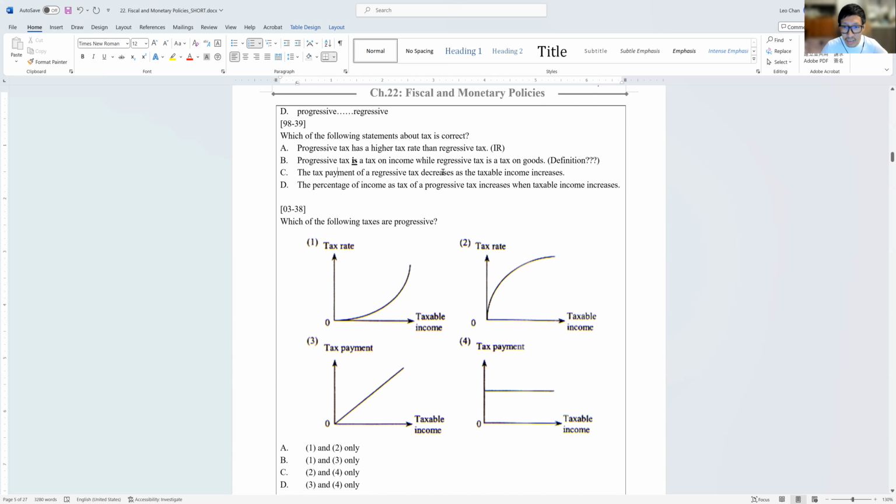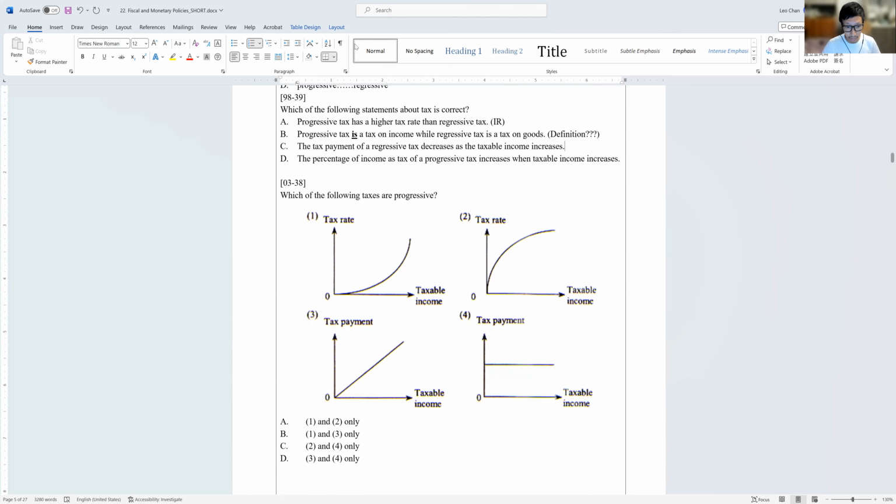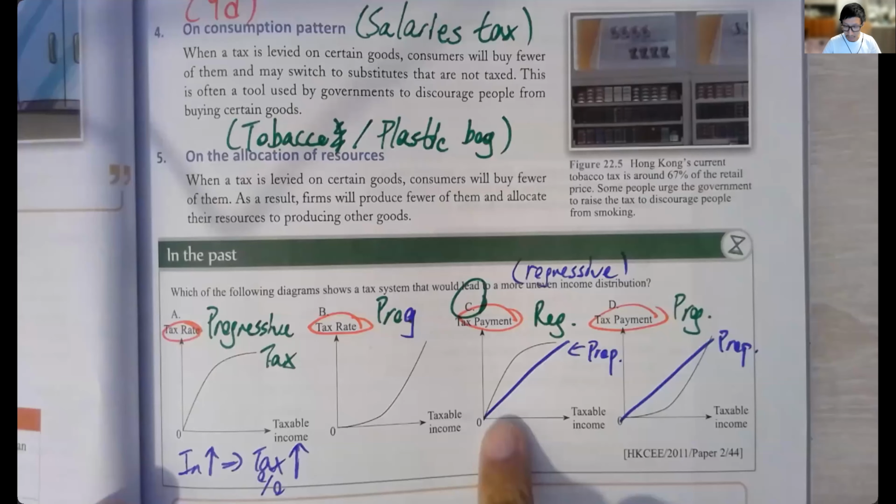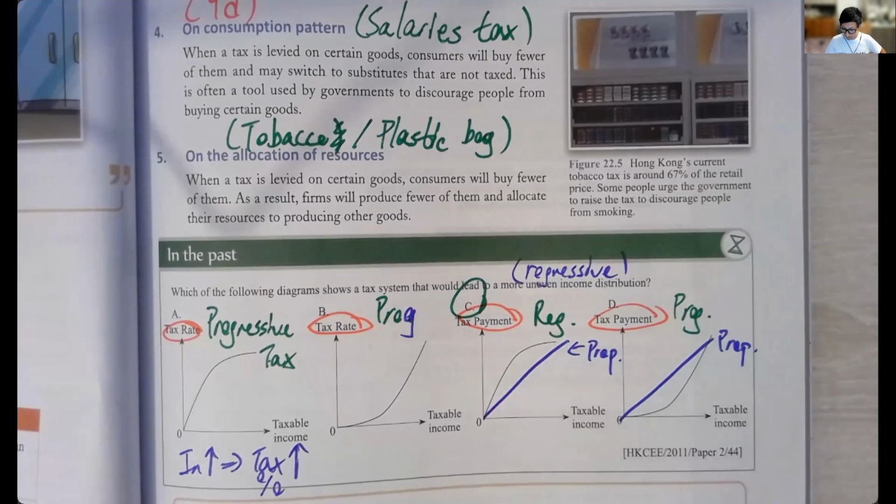a regressive tax decreases as the taxable income increases。嗱，呢句都啱嘅，但係啱唔晒。Okay, it may not always be true. Okay，嗱，Sir，唔一定啱嘅咩？No no. Okay, if you remember, here actually, let me share back. If you remember, here, let's look at example C. This one, all right, back to page 67 of your textbook. You see tax payment is also increasing as tax income increase.